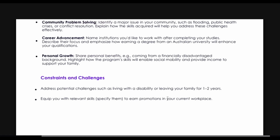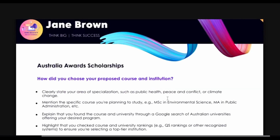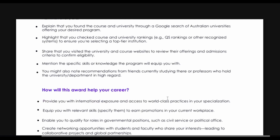Make sure you address all these challenges. If you are faced with a disability, there's nothing to worry about, because you're eligible and provisions are going to be made for you. So let them know that the disability you face is not going to be a disadvantage, but it will prepare you to become a better person. Just let them know, tell them stories, right? So go through all of these bullet points and use these strategies to craft yourself an effective essay